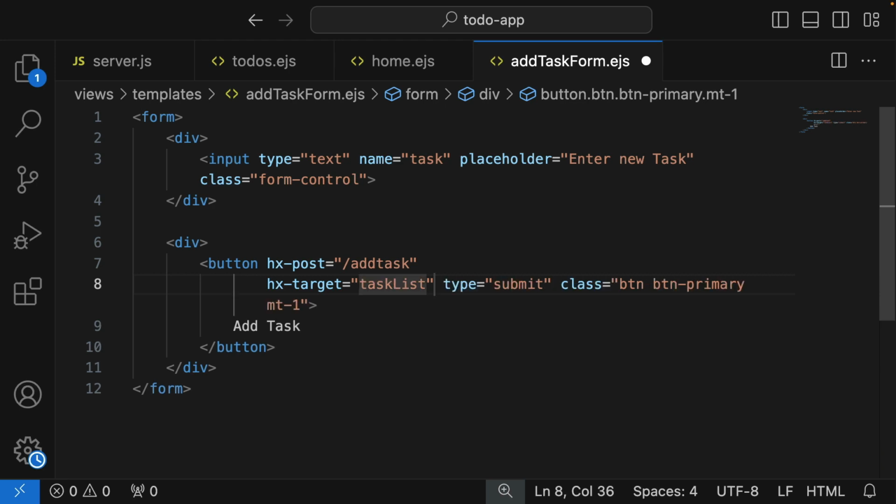We put in our ID. We need to put the pound sign here, so that it will be a qualified CSS selector. So we say put it inside the task list. Anything that is coming back from the server, put it in the task list. So we save that. Now, assuming we wanted to append, let's say we're just returning one item and wanted to